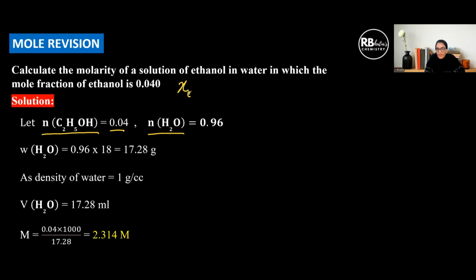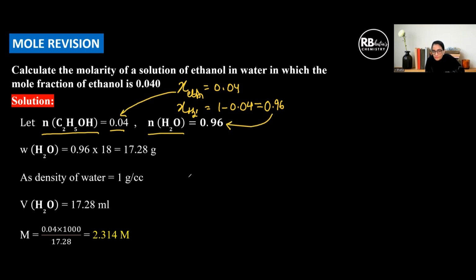Because if chi ethanol is 0.04, then chi solvent, that is water, has to be 1 minus 0.04. Why? Because the sum total of mole fractions of the various components is always equal to 1. So I am assuming the number of moles to be equal to the mole fraction. And if I just cross check this, if I want to calculate the mole fraction of ethanol from this information,